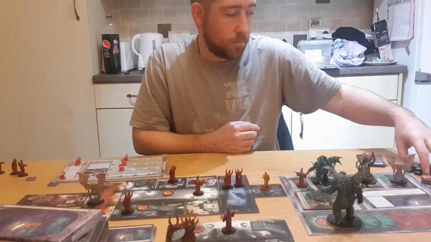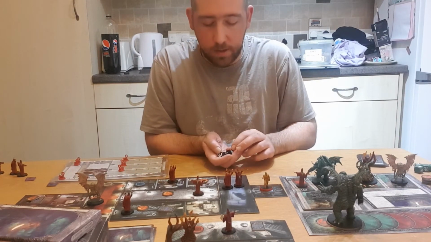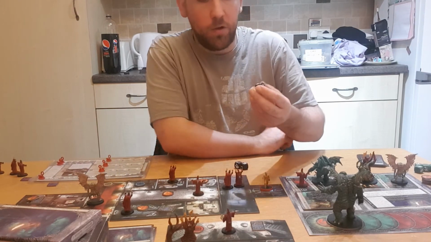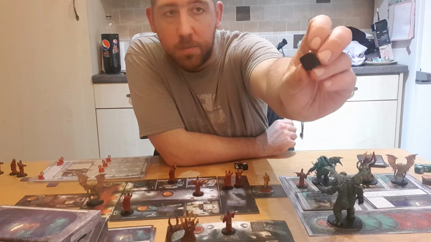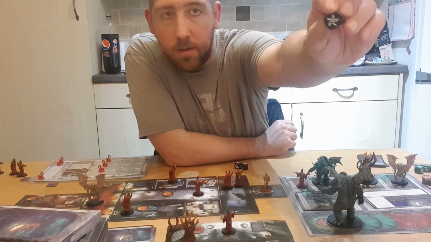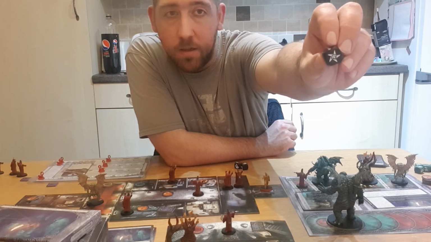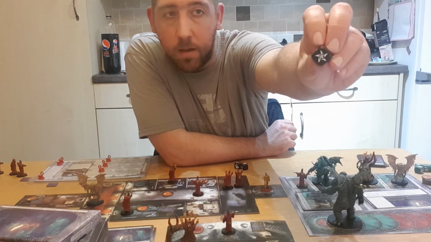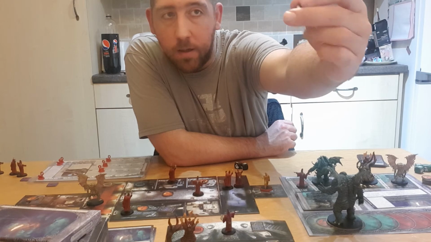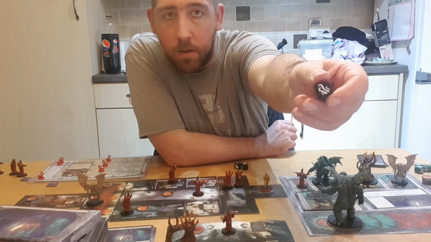So next we'll go on and talk about dice rolls and the dice. So you start off with 3 normal dice. It has a blank space, an exclamation mark, which means success, an elder sign, which doesn't mean anything unless you've got an ability that lets you use it. You've got a terror,